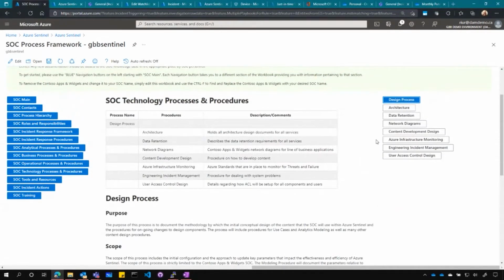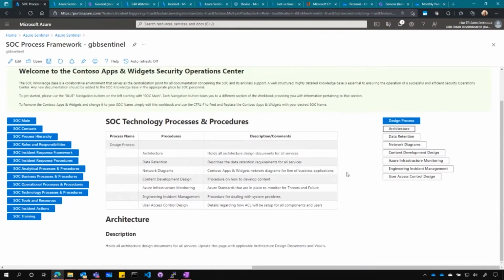It's a lighter section because there's a lot of placeholders in this section. And so the first placeholder is kind of the architecture. You can see here it holds architectural design documents for services. This is a great place to put Visio diagrams or screen captures, things that are going on from service to service communication, things within